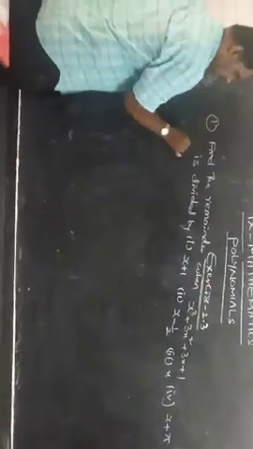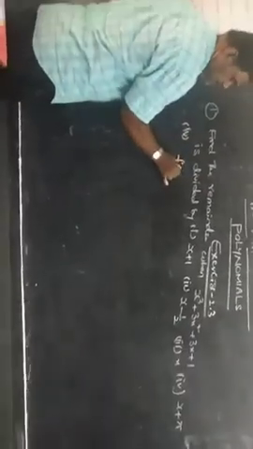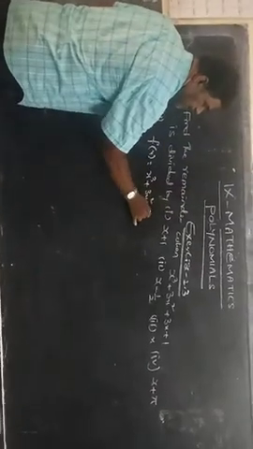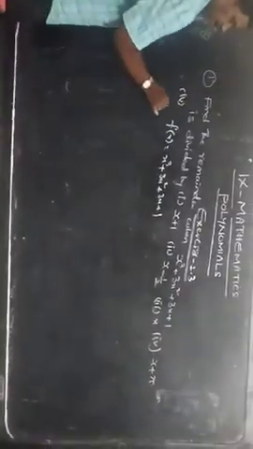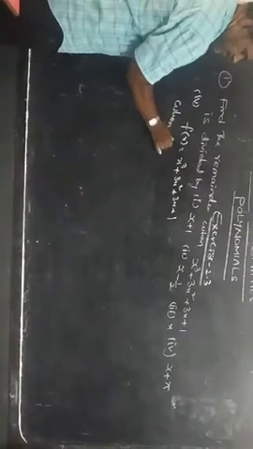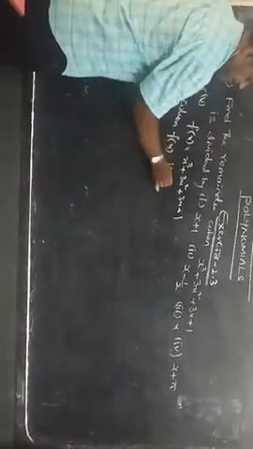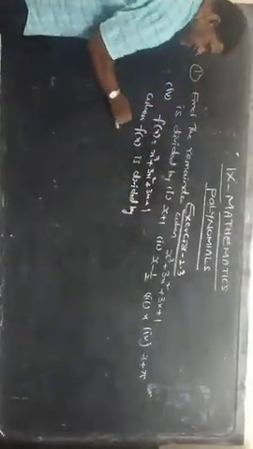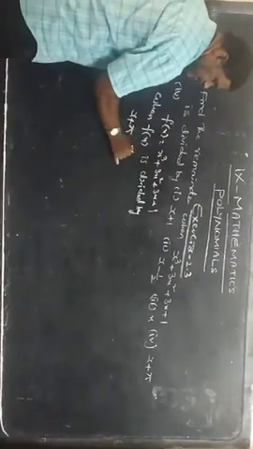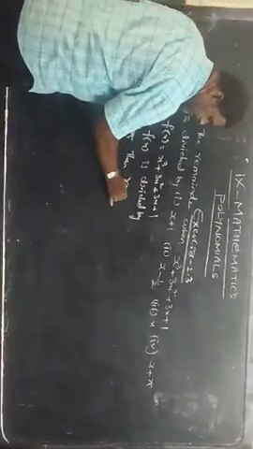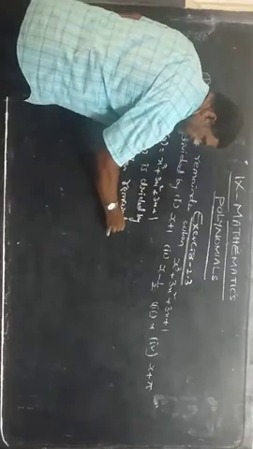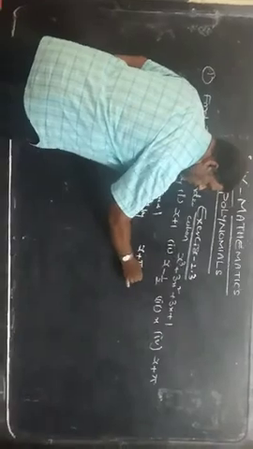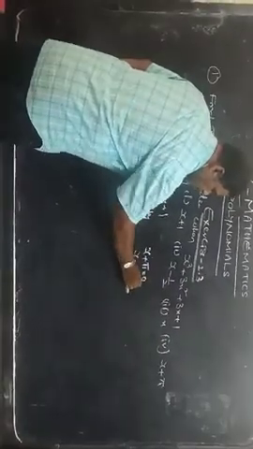Now the last bit. Here f of x is x cube plus 3x square plus 3x plus 1. When f of x is divided by x plus pi, then the remainder is found by equating x plus pi to 0. Find out the x value. The x value will be minus pi.